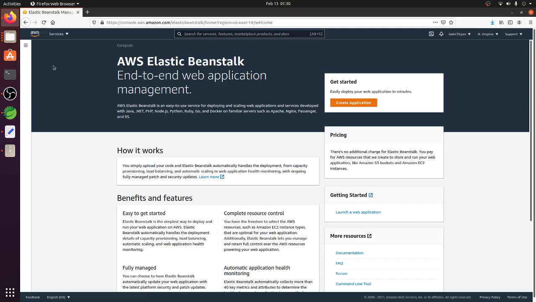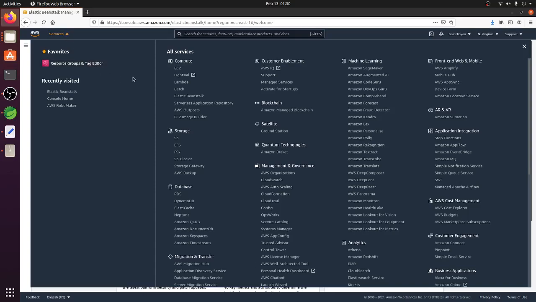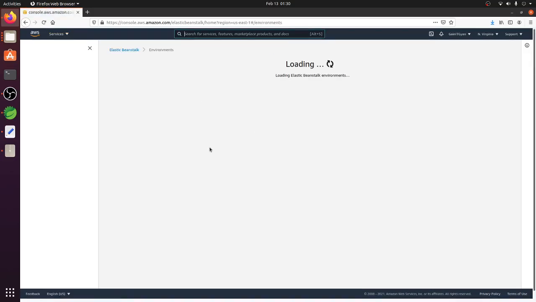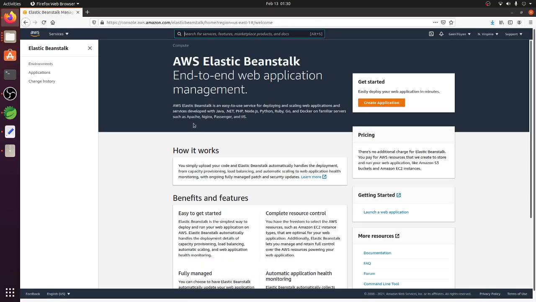Okay, so in the services section of the AWS console, what we want to look at is compute, and this is what we want to access, that is Elastic Beanstalk. And this service is basically used to deploy our web application. So first thing we can see here, we have environments, applications, and change history. So first let's go and create an application,